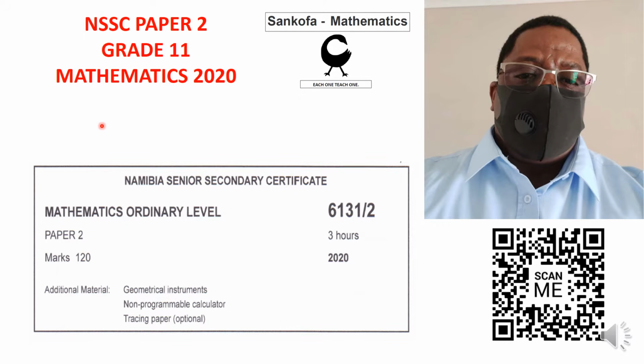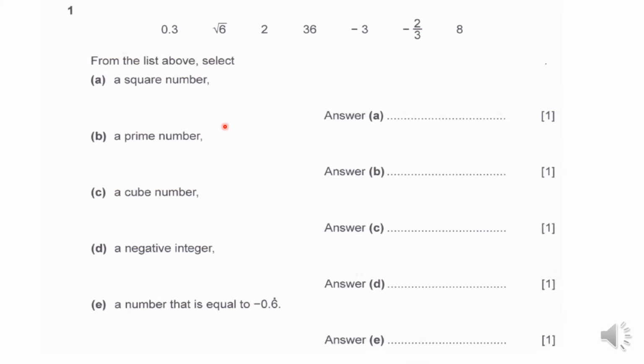Right, so let's start right away. The paper, as I said, was 3 hours long, 120 marks. So you need to make sure that you do the best that you can. So here you have a list of numbers, and you are only supposed to use these numbers here to answer